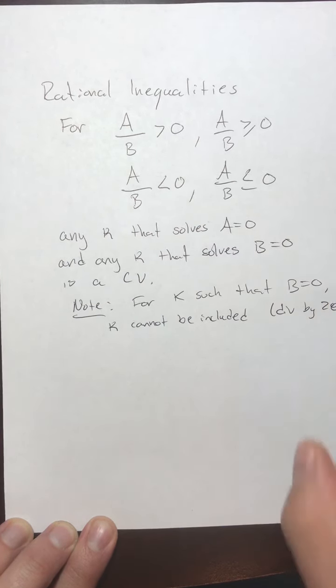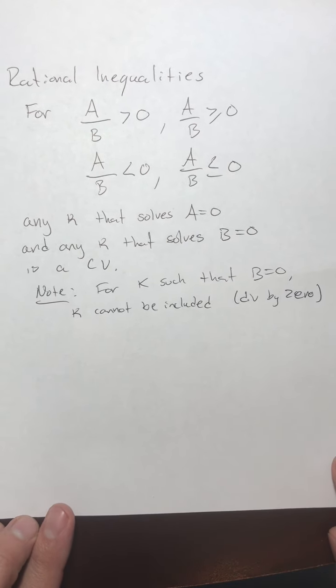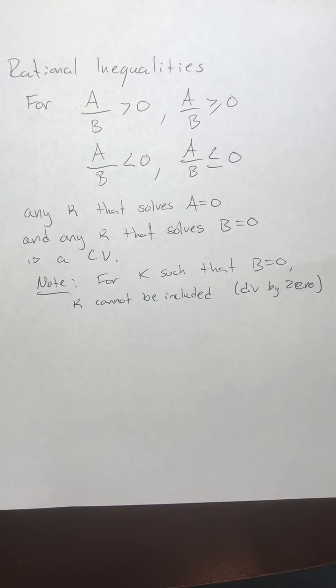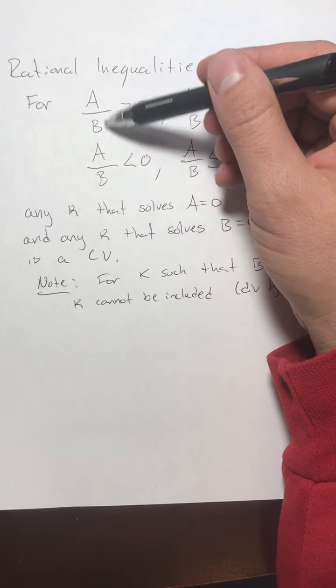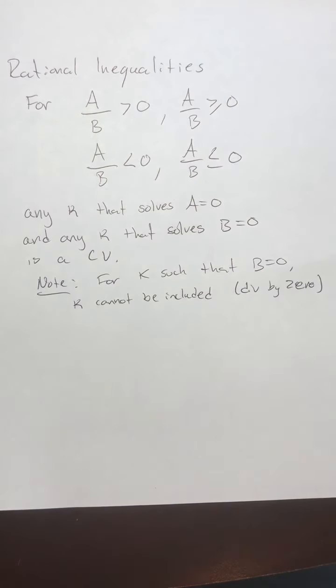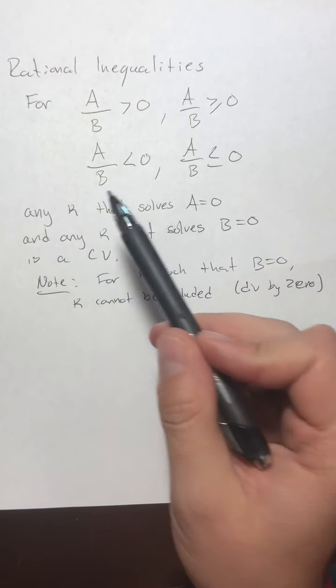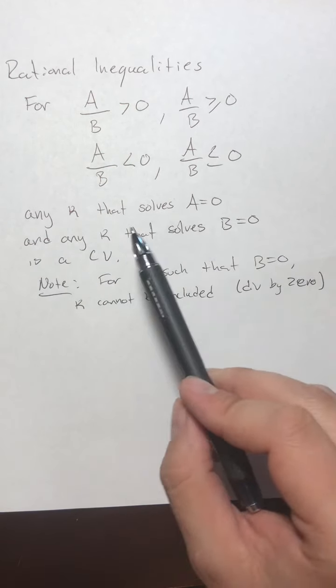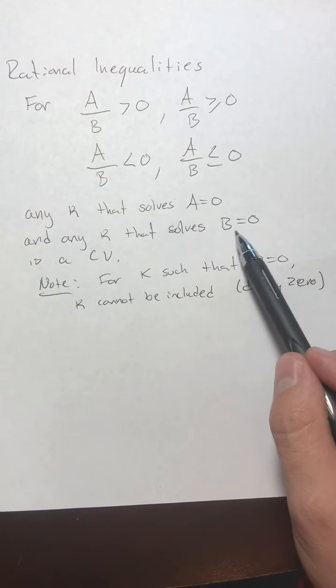So the first question is, how do we get critical values for rational inequalities? A rational inequality is going to be a over b less than or greater than, or less than or equal to, greater than or equal to, and then we want 0 on the other side. So whatever this rational expression might be, this a over b, any real number k that solves the numerator equal to 0, and any real number that solves b equals 0